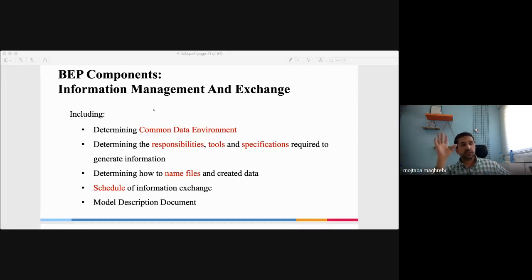It's the simplest sort of CDE, but it's much more complex in BIM because you don't want to give everybody around the world access to dive into your model and do whatever they want.